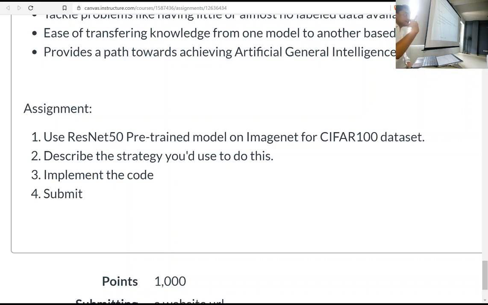You're just going to copy that from Keras for the CIFAR 100 dataset. You're not training from scratch, so it should not take a lot of time. Describe the strategy which you will use. What exact strategy are you going to use? Are you going to freeze all the layers, add your own FC layers and then train it? Are you going to unfreeze some of the last layers and then train it? How many layers are you going to unfreeze? So all of that strategy is something you need to write, train, and submit the code. Right? The only problem we have is